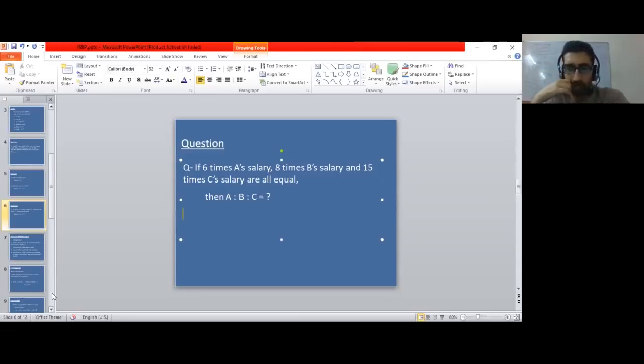6 is to 8 is to 15, Vinay? Does that not sound unlikely? A is to B is to C, 6 is to 8 is to 15. Definitely not, guys. 60 is to 45 is to 24. Can that be simplified, Sandhya? Can that be simplified? Then please do simplify it. Yes, indeed, Krishna.